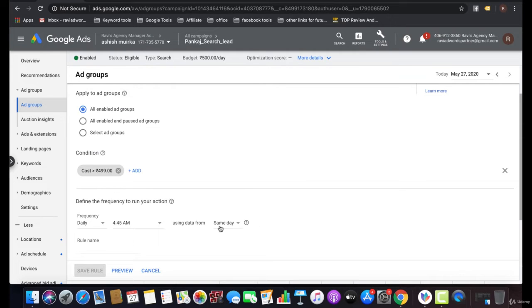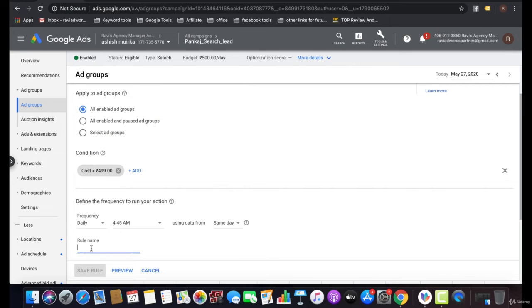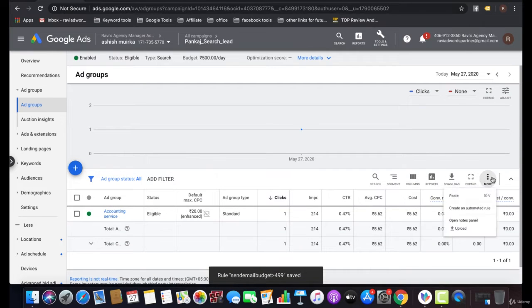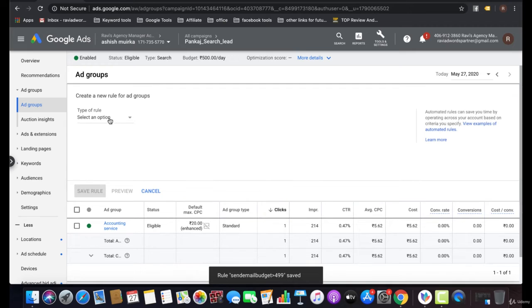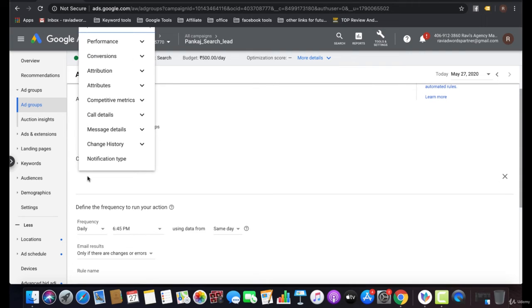Same day, according to your budget, greater than 500 or 499, it will send an email. That's how that rule will work. You can also set an automatic rule to pause ad groups, change ad groups, or change the bidding. I'm going to show you how.